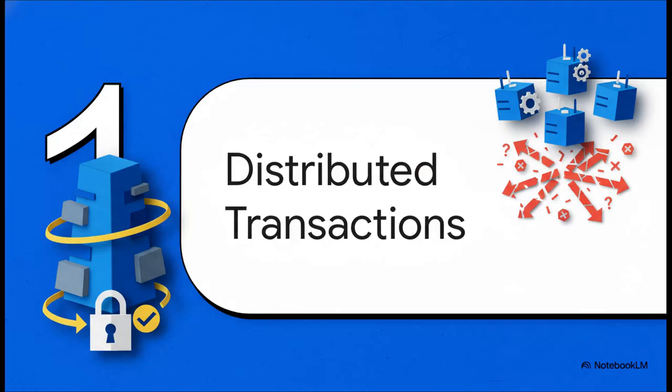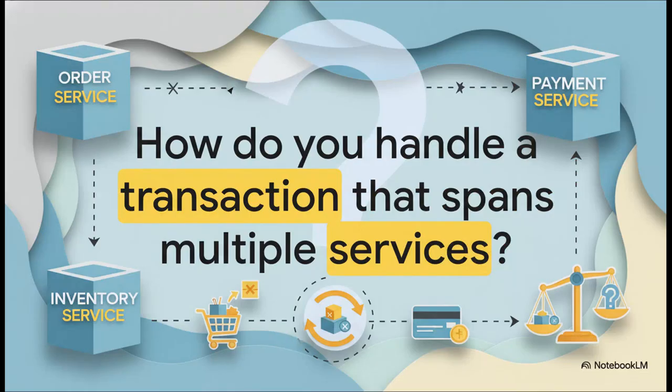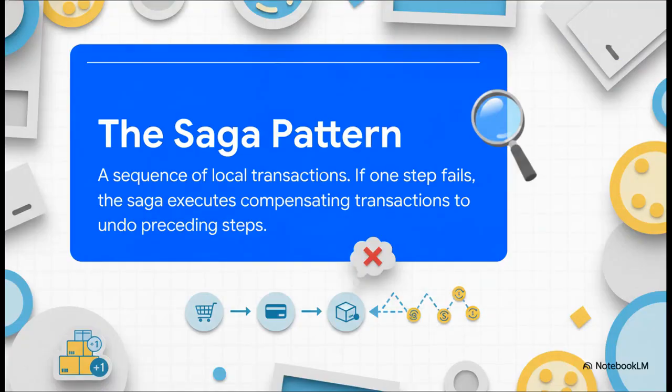Okay, first up, the absolute classic, the big one. In a monolith, a database transaction is atomic, right? It's all or nothing. It either works completely or it rolls back like it never happened. But with microservices, well, things get a whole lot messier. So the interviewer throws this real-world scenario at you. You've got an order service, an inventory service, and a payment service. They all have to work together. But what happens if the payment goes through but the inventory service fails? How do you stop yourself from charging a customer for an item you don't even have in stock? This question really tests if you get how to keep data in one piece in a world that's built to fall apart. And the answer you give them is the saga pattern.